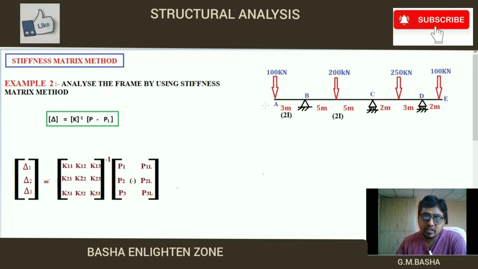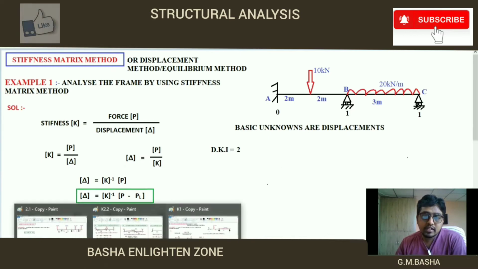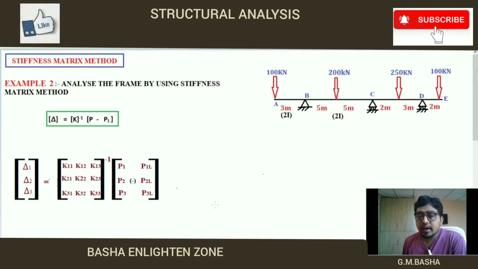So what is the difference between the last problem and today's problem? Today I have chosen such type of problem which has 3 by 3 matrices, and external forces are also involved here. But in the last lecture, if you observe, there were no external forces in the question, and there were 2 degrees of freedom, that is 2 by 2 matrices. So today you will get an idea about how to solve the 3 by 3 matrices, and what the external forces are. Okay, then I will move to the first step.